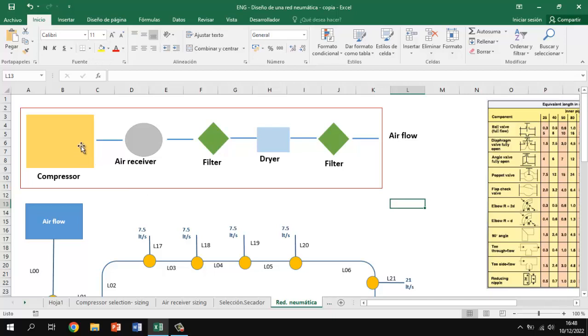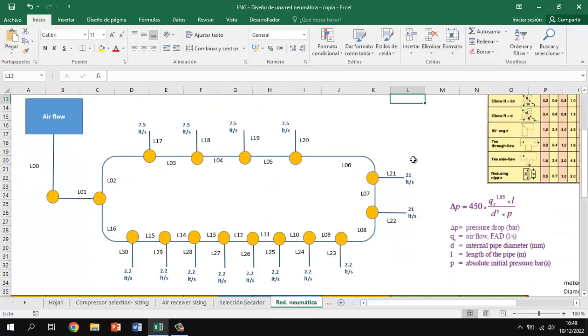We have already selected our compressor, our air receiver, and dryer, and next week there's going to be a video for filters. So this is the package of the airflow. For this situation that I invented, this is your airflow. You have 30 links, from 0 until 16, link 16,